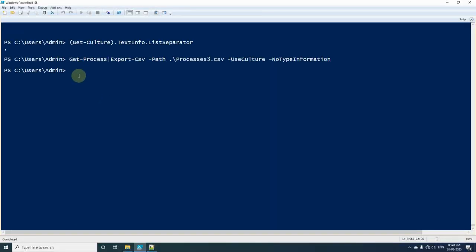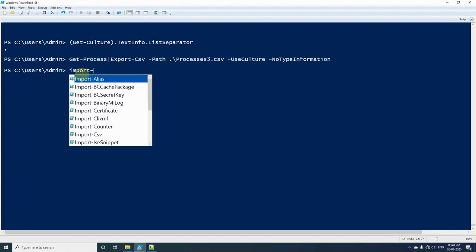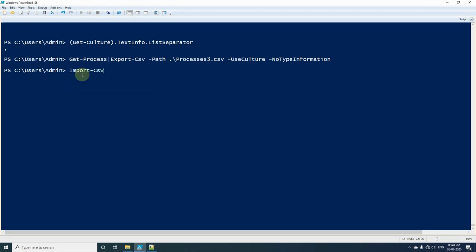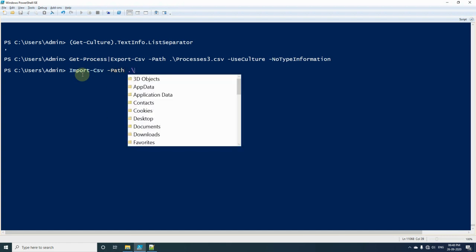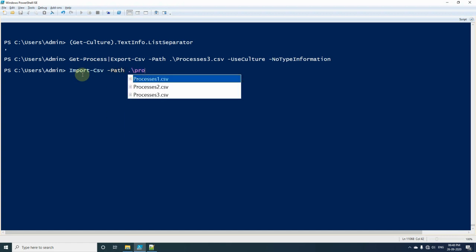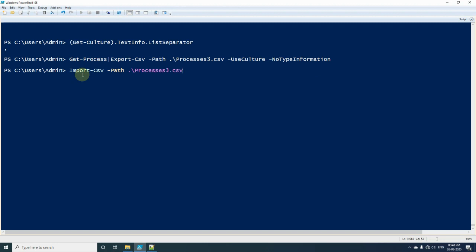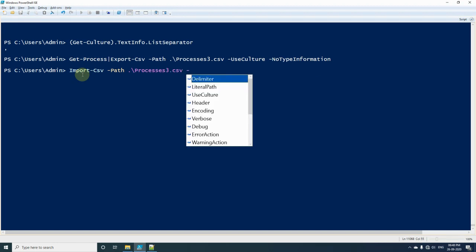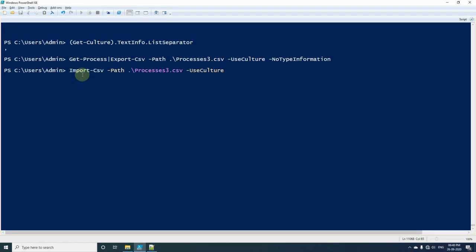Now we will try to import the same file, and we will use the parameter called UseCulture. Here I will use the command Import-Csv, and in path again we will use processes3.csv, and here we will specify the parameter called UseCulture.